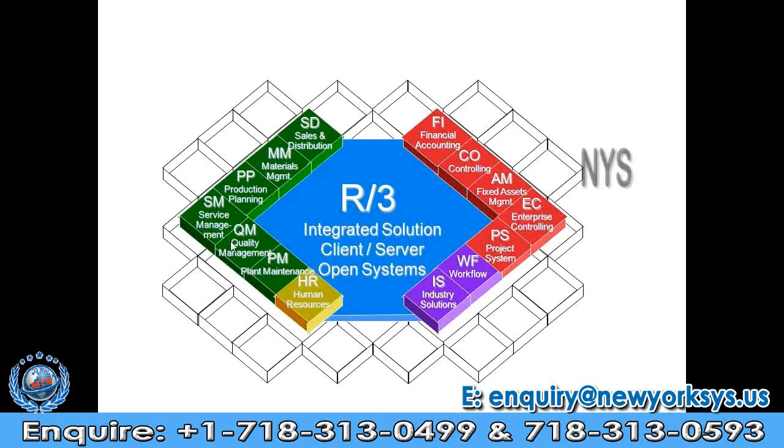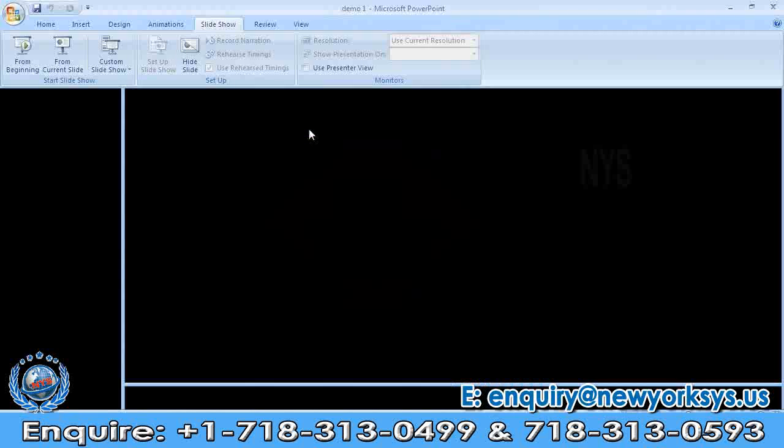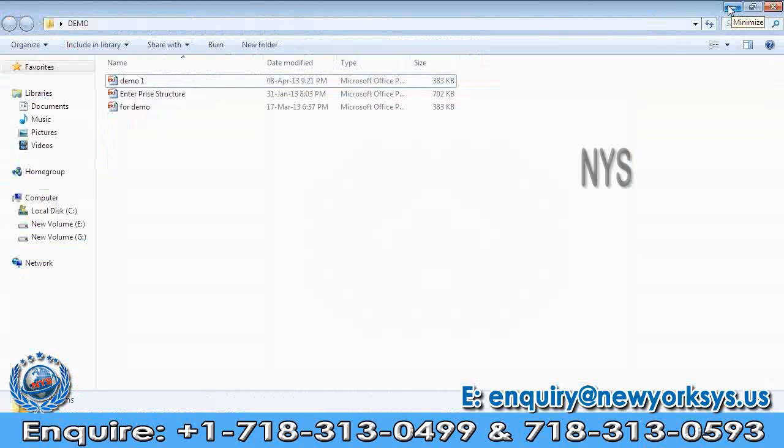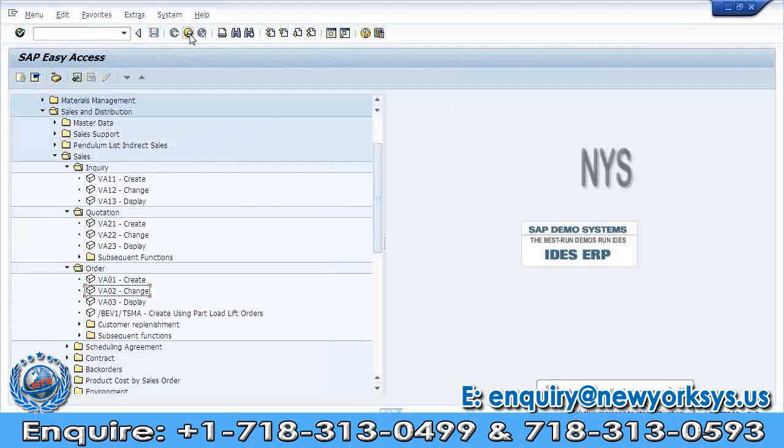The green area is the logistics part, and this is the HR part, and this is the FI area. Red one is the FI area, like that. So SD is part of logistics, and I'll show you the system,